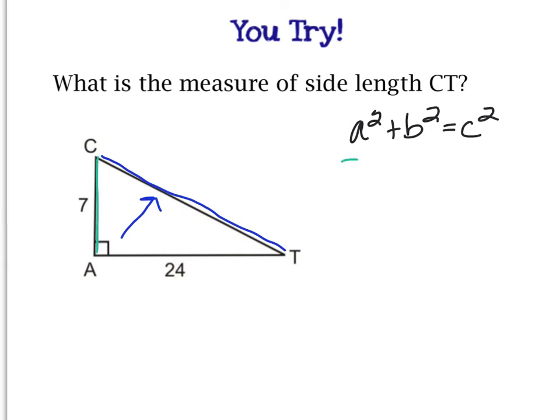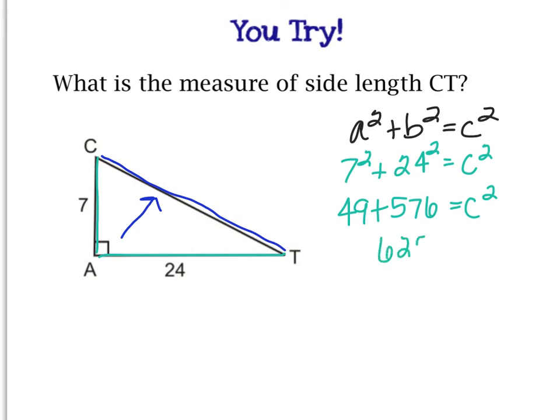7, I can plug in for A squared. 24, I can plug in for B. Now, if you did it the opposite way, you plugged in 24 for A and 7 for B, that's fine. And I'm looking for C squared. So you should have gotten 49 plus 576 equals C squared. When I add them, I get 625